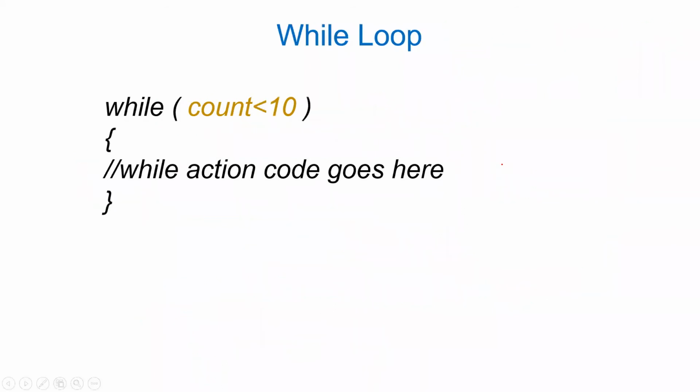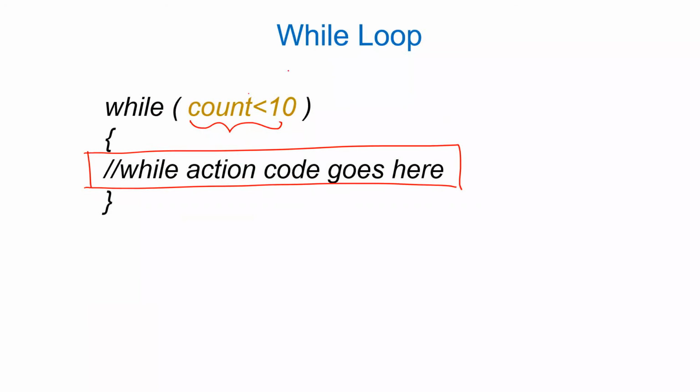The next one is a while loop. A while loop is again a widely used looping construct. The syntax for that is: while condition is true, the body of the while loop gets executed. As long as the conditional statement is true, the body of the while loop will get executed. In microcontroller or embedded programming, we use a specialized while construct, namely an infinite while loop.